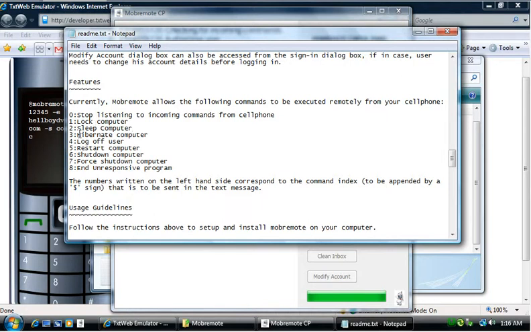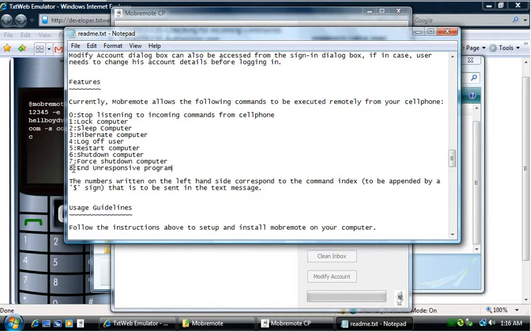2 is for sleep, 3 is for hibernate your computer to save information and put it in a low power state. 4 is log off, 5 is restart, 6 is shut down your computer, 7 is force shut down, it will quit all applications and really shut the computer down. And 8 is really interesting and useful: unresponsive programs. This is if your program on Windows hangs, shows a not responding status.